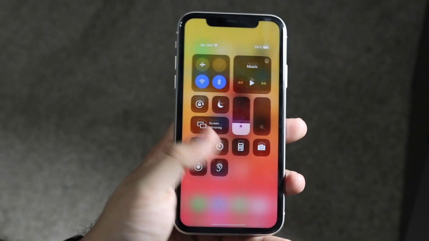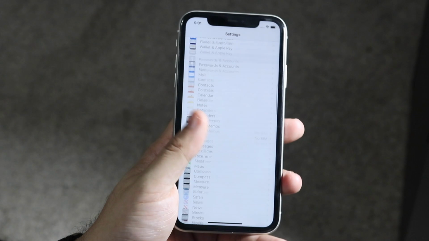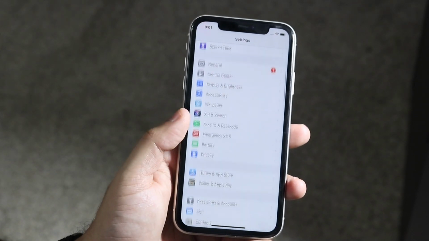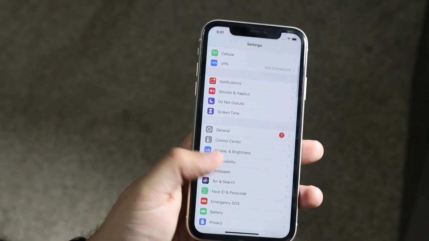But that's a great way to communicate with people. If you have bad hearing, you can hear what people are saying by having your AirPods connected within your ear. So that's another really, really cool feature. Like I said, I wouldn't recommend everyone to use it, but in order to do it, like I said,